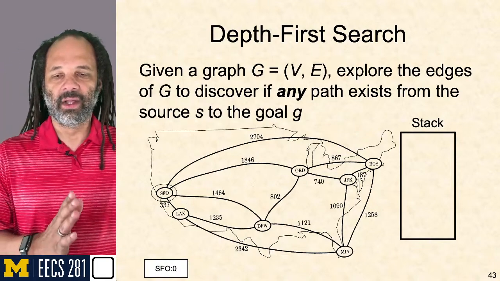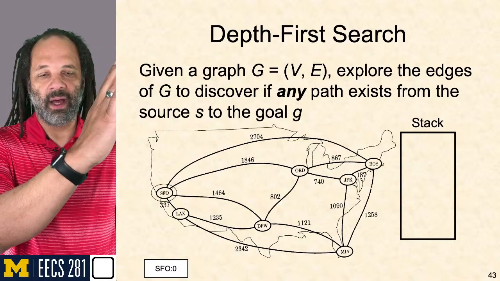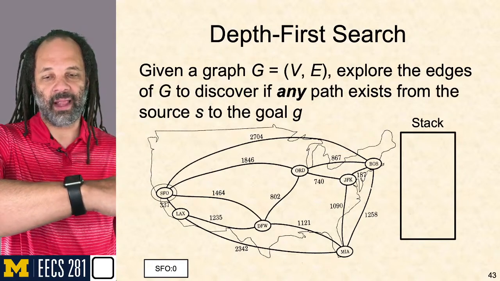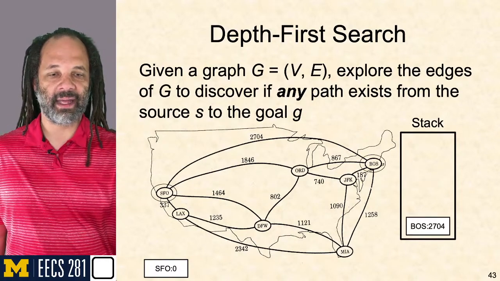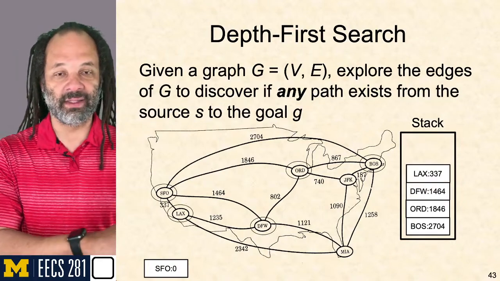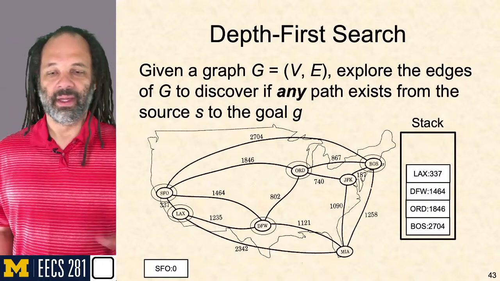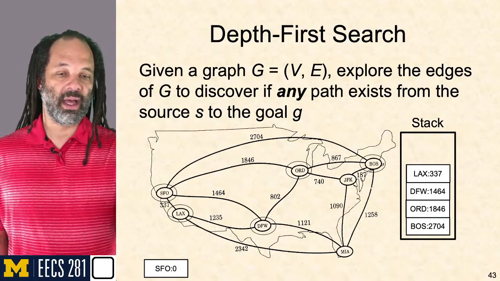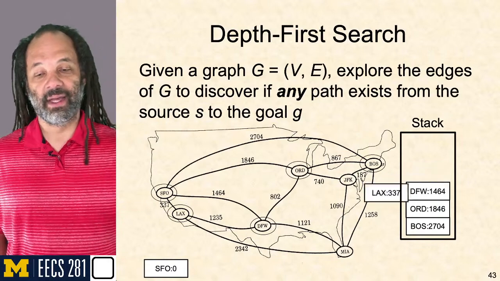So as I look at the edges that come off of here, I'm going to take that top edge, that 2704 to Boston, then I'll take the 1846 to Chicago, I'll take the 1464 to Dallas, and I'll take the 337 to LAX. I'm going to push all of those things into my stack. As I push them into the stack, you'll note that I mark them as discovered so that I won't try to discover them again. But now I'm done with investigating connections from SFO. So what do I do? I can pop something from the stack that's LAX. I'll bring that over here,